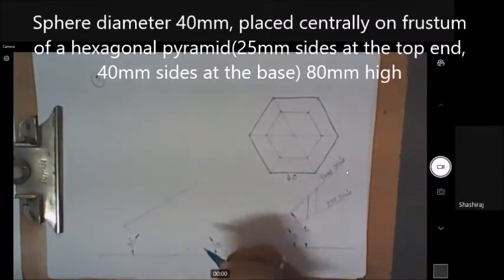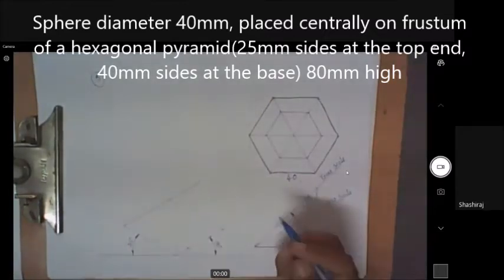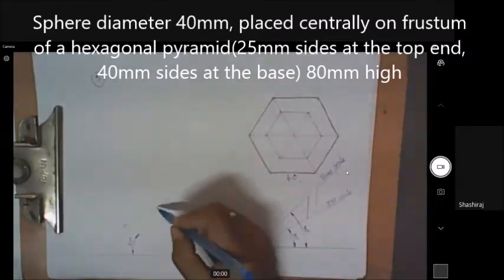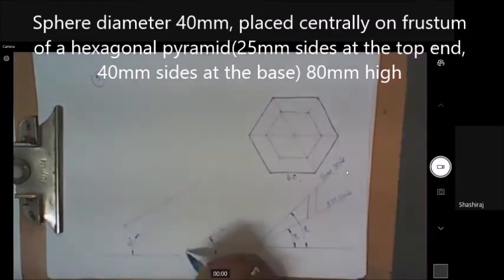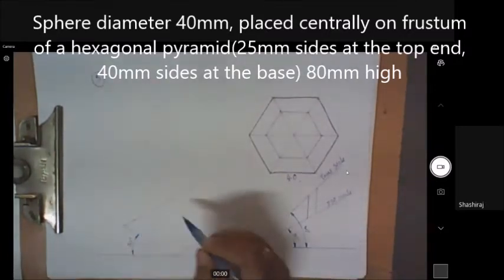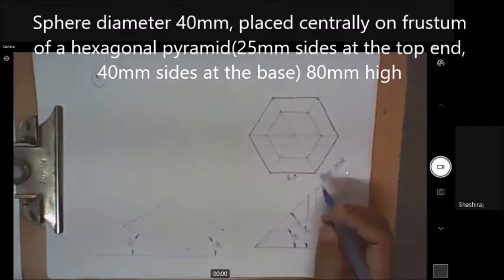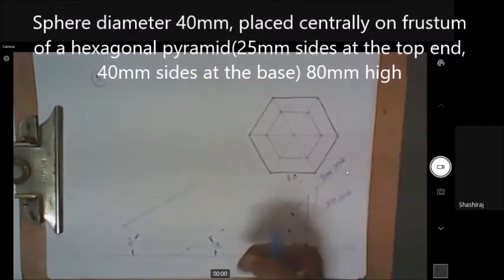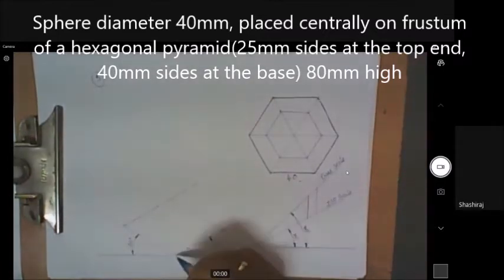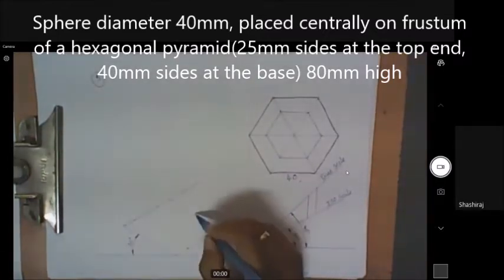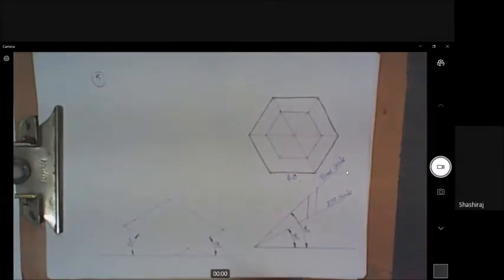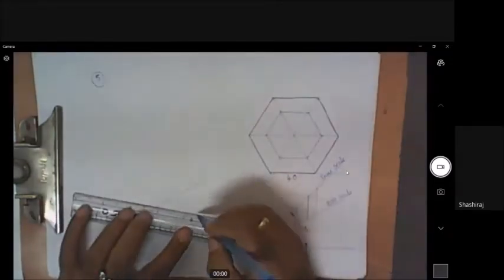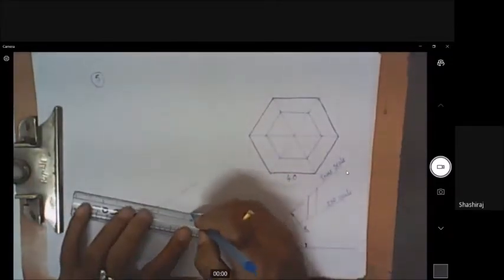I'll draw it approximately now. And the same distance I can transfer from the other end also. I get the point here. And the same distance from here, if you do, I get the point here. The same distance if I do from this side, I'll get the point. So I got the 4 points. And this point is at the center. You go to the ISO scale, get the ISO length from here, and you mark. From here also you mark. So I got all the 6 points. Join them to complete the hexagon.